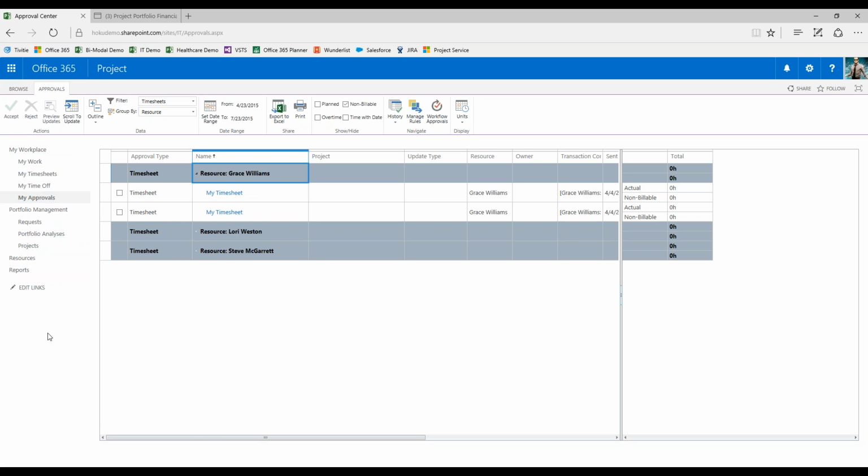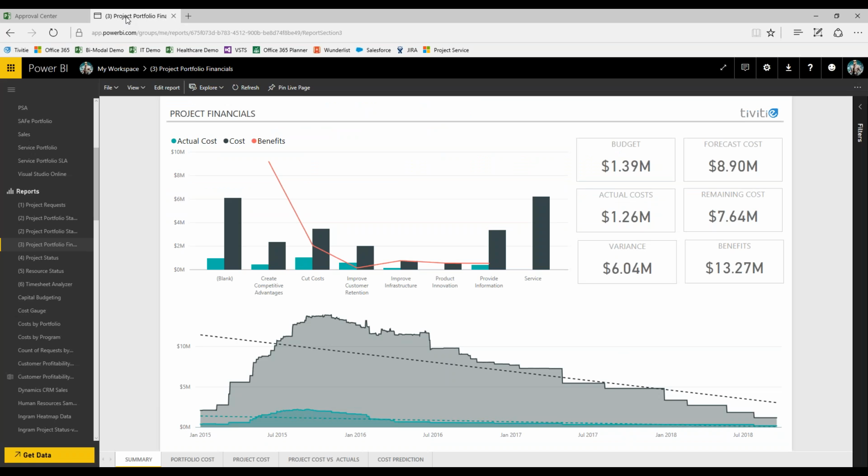The other key piece here in making this work, if we tie this all together, is that you can use Power BI, which has an out-of-the-box connector to Project Online. Power BI is included, the free version of it, with Office 365 for the customers that are in Office 365, and you can view Power BI reports with that free or included version of the product. There is a paid version that you could use to do more authoring and creation of reports, but the idea here is that most of the organization are consumers of this type of information.